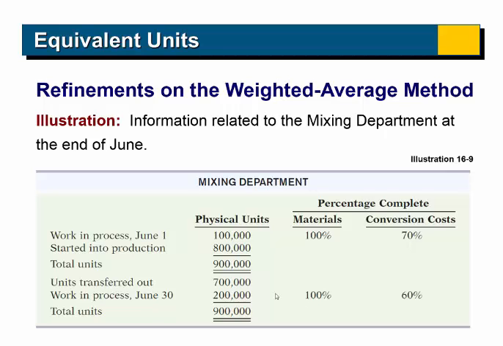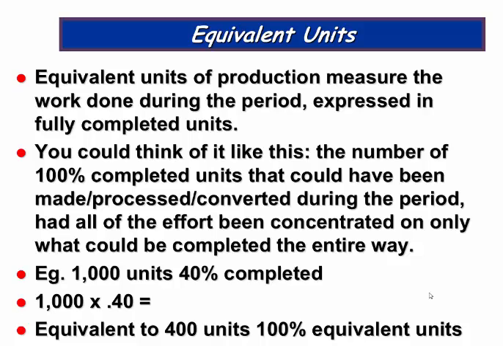And at the end of the month, we are leaving 200,000 units, and they are only converted 60% of the way. So we're going to utilize this information to come up with how far our number needs to go as far as equivalent units. Again, looking at our equivalent units of production, we need to consider